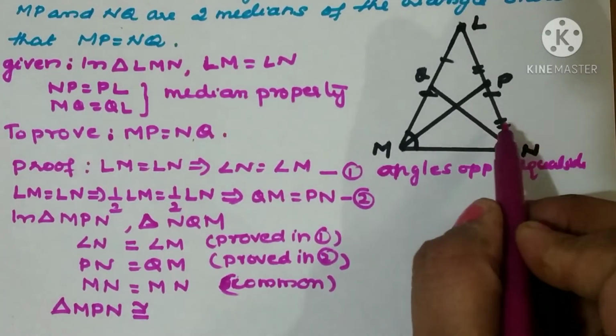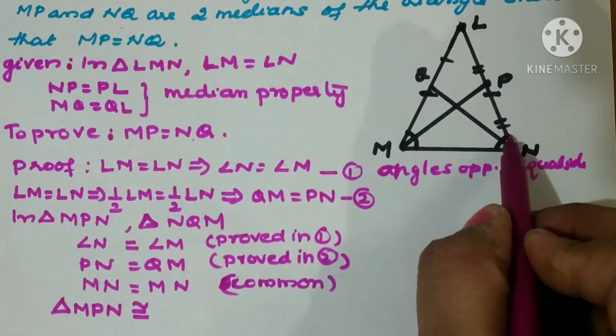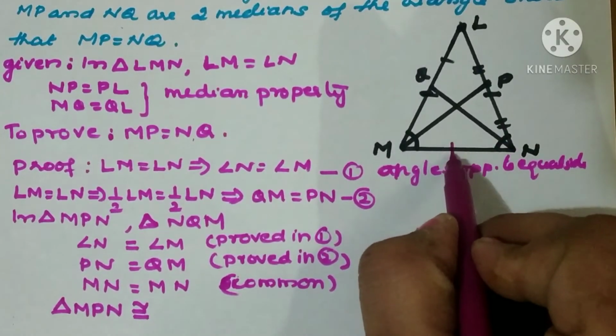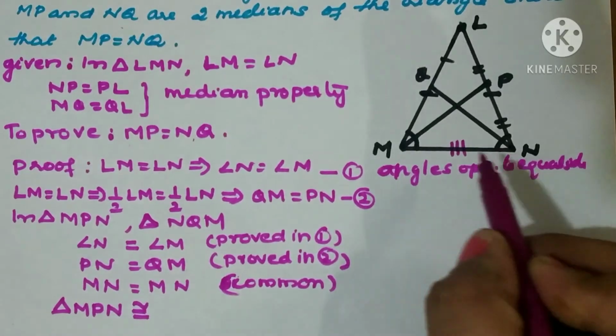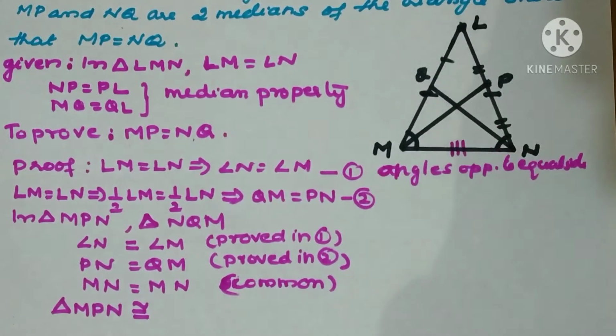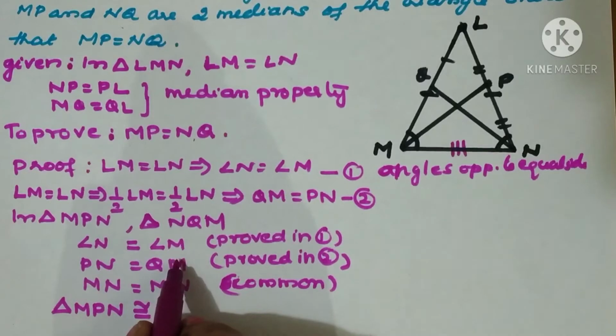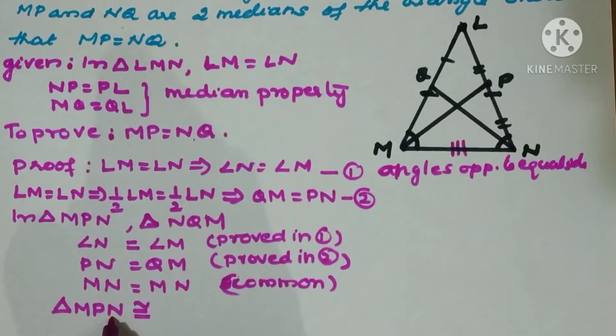Triangle MPN, we have taken that angle N, right? Side PN we have taken. Now MN is the third side we have taken. So these two sides and the included angle, we can go for this criteria only, that is SAS. Now what is the order? MPN, angle N is for M. So in place of N, that is the last letter, it will be M from here. So N for M means naturally M is for N only.